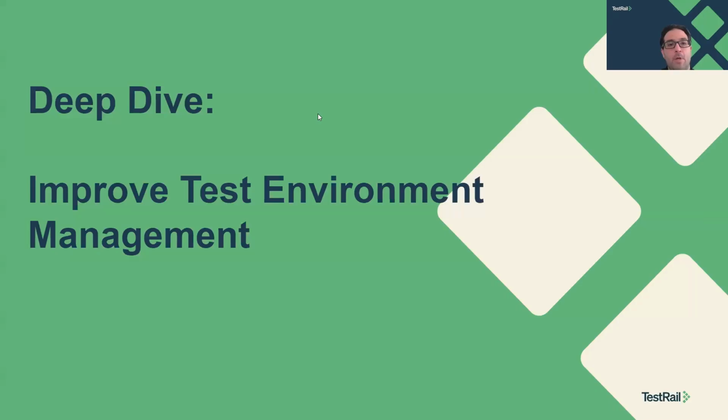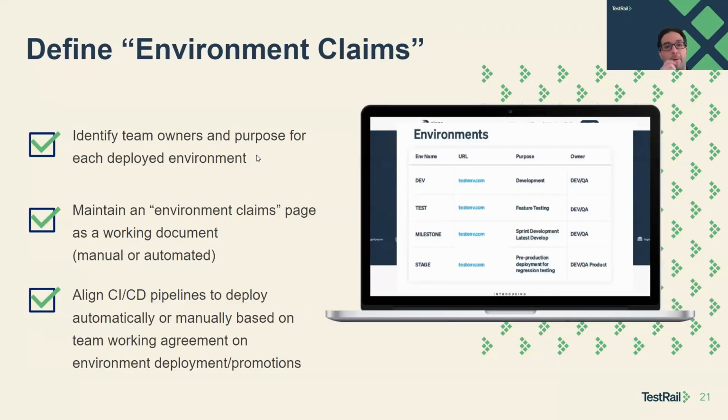So, kind of pivoting, but going in that direction on the theme of testing and integrating tests and feature changes, we're going to talk a lot about test environment management and certain things around that, right? Everybody thinks, well, that's pretty easy. We deploy things in the cloud. We go to the build, I validate it, and we run our automation against the build once it deploys. Hybrid and distributed teams provide some unique challenges around this that we should be aware of. I'm sure some of you on the call are thinking about or have run into this, maybe not, but it's something we should have awareness for. So let's talk about it.